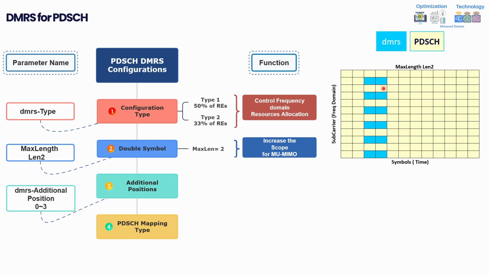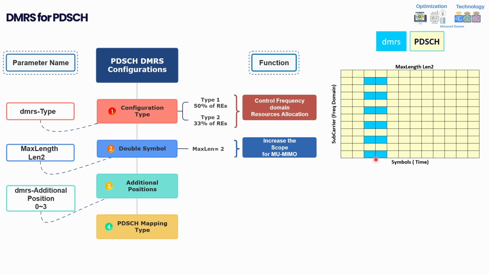So now this is how it looks. I'm assuming I'm using type 1 here. Before, as you saw, it was using only one symbol. Now it will be using 2 symbols. So you are giving more resources and more channels, in two different symbols. So this increases the scope of multi-user MIMO because you will have more ports, and also you will have more symbols to be measured and so on.